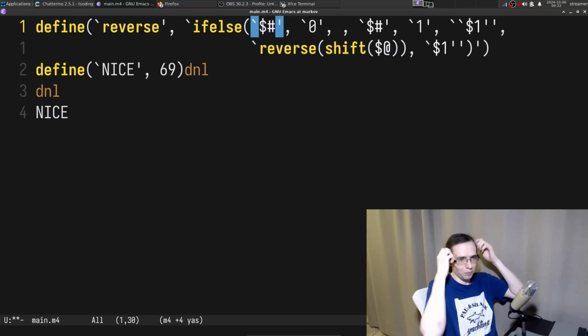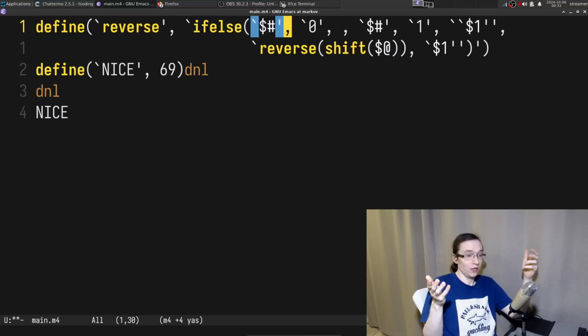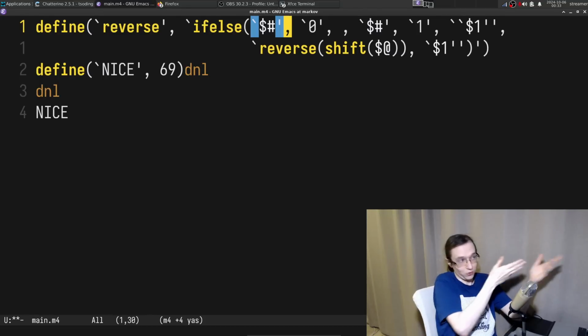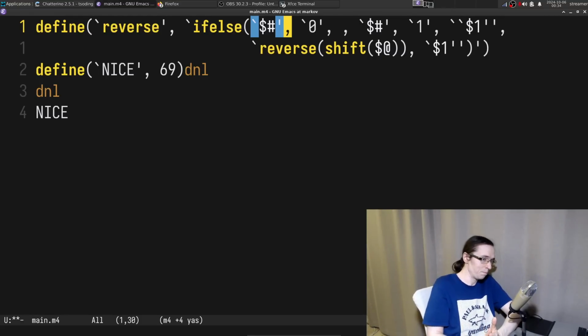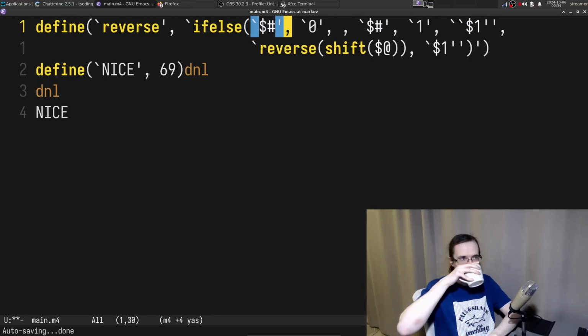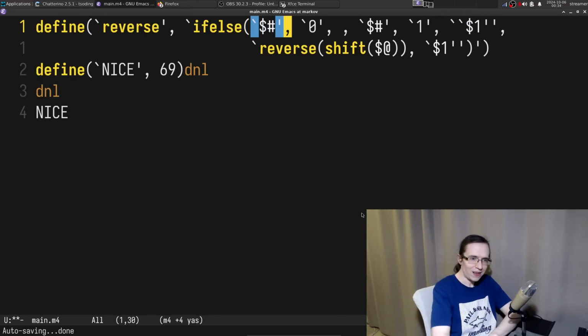When you work with Bash, quite often you are deep down in escaping hell. Here, because of how you quote things, you don't fall into that. Isn't that fucking cool? I think it's freaking cool. So yeah, we need more languages like that, I think. All right.